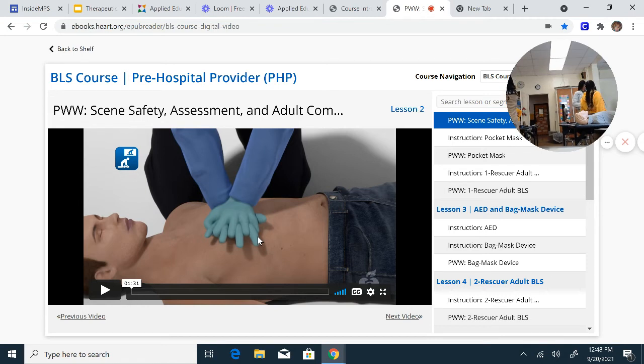remember this is your sternum, right? Your breastbone. It doesn't matter which is your dominant hand. I'll put my right hand down first. You should feel the lower half of the sternum. Put your other hand on top, and make sure your shoulders are directly over your hands. Your arms don't need to be bent, they have to be straight. And you just put it straight down. You should hear a clicking sound. That means you're right. You hear clicking.